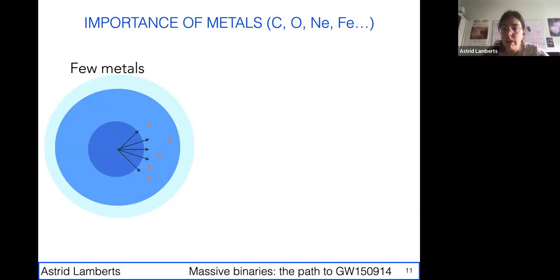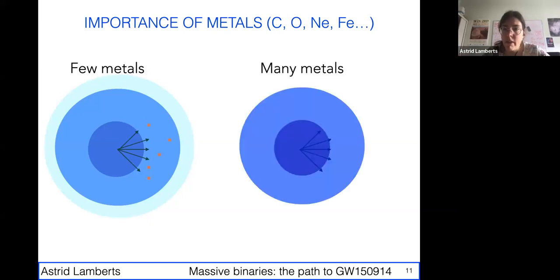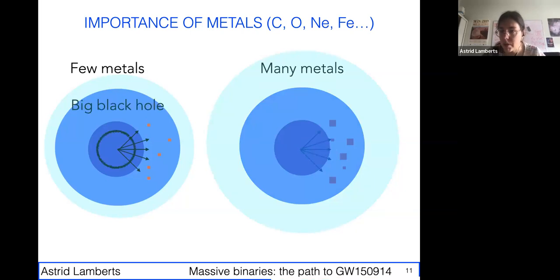Now, if you have a chemically much more complex star, what happens is that the cross-section between, let's say, an iron atom and a UV photon is actually very high. And so what happens is that these UV photons will hit the atmosphere and efficiently push it away and have a strong wind. And as a result, stars with few metals make rather big black holes, and stars with a lot of metals make tiny black holes, or not even black holes.